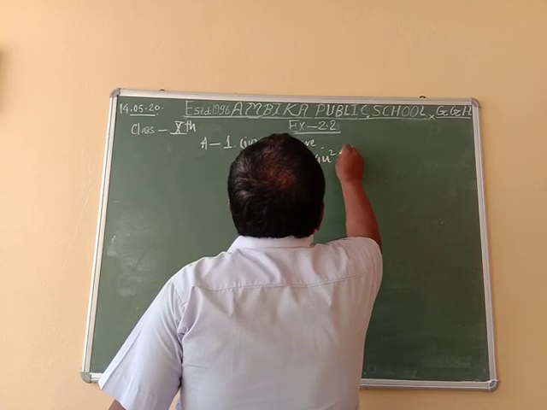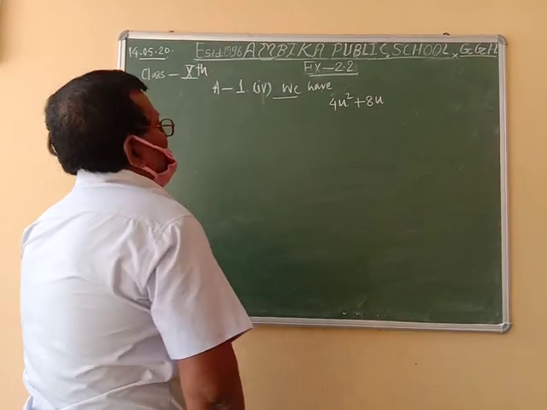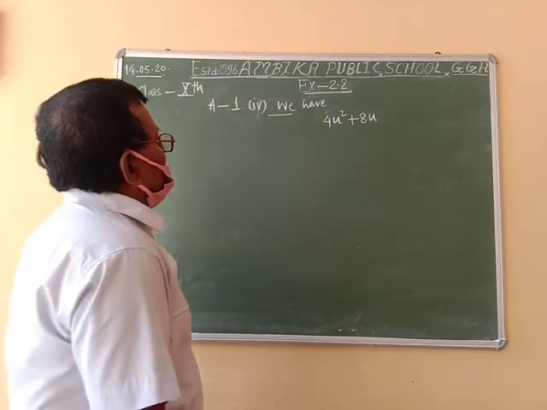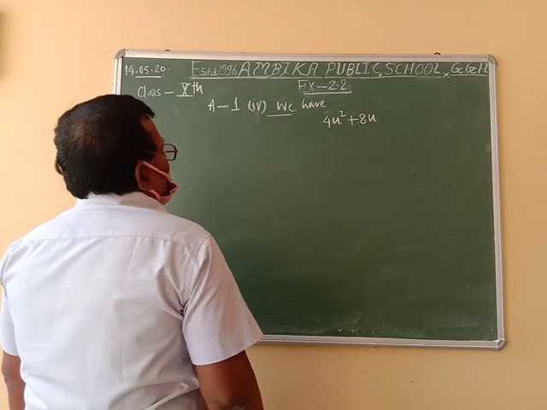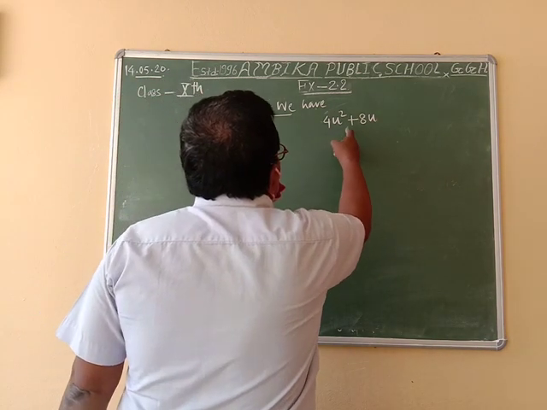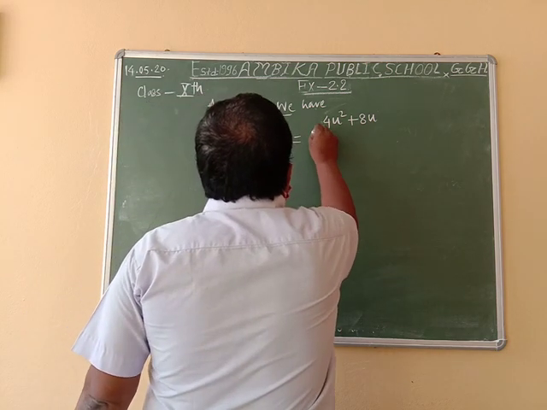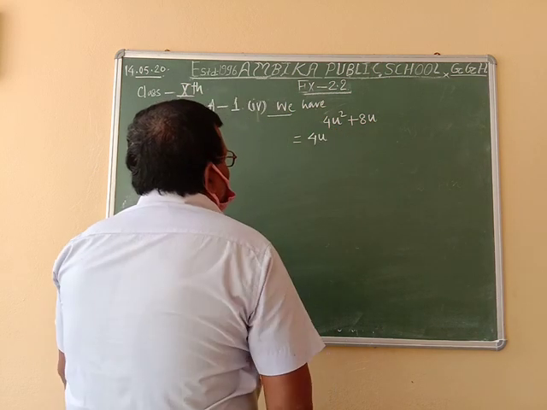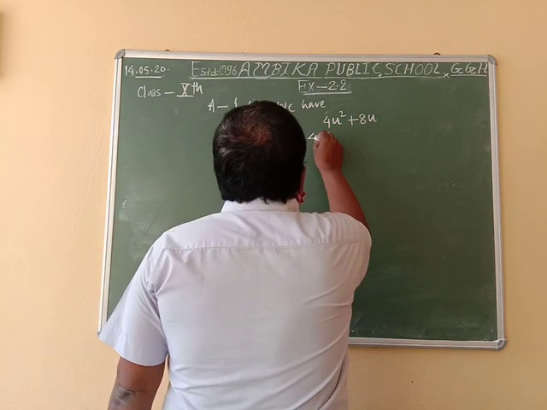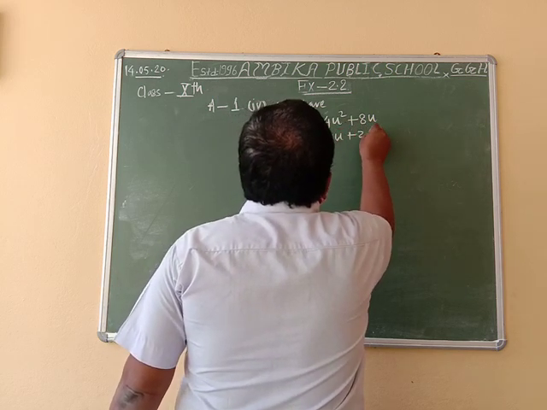plus 8u. This is a quadratic polynomial. So we have 4u square plus 8u. We take common 4u from the polynomial. Taking common 4u, u plus 2,